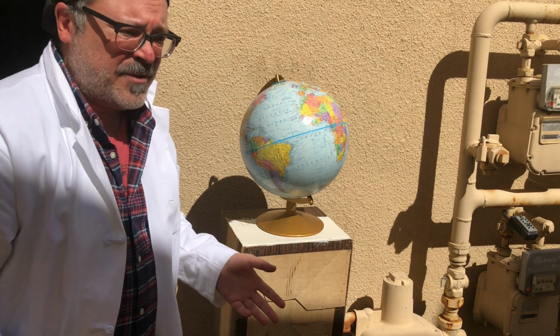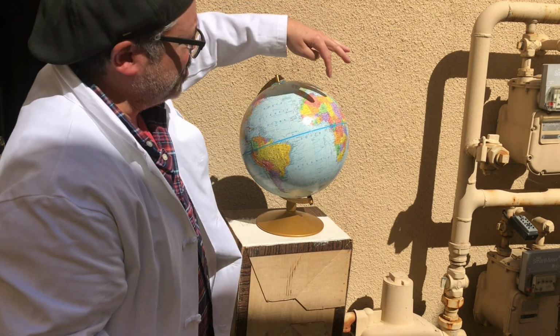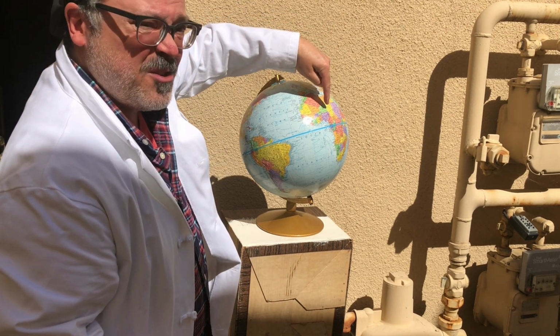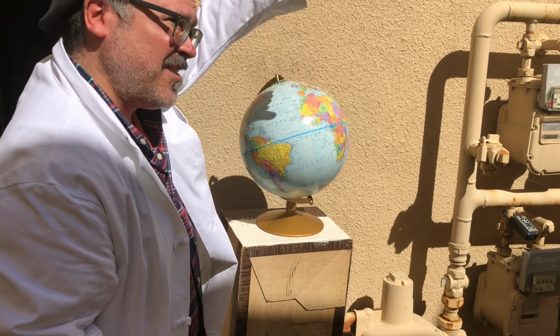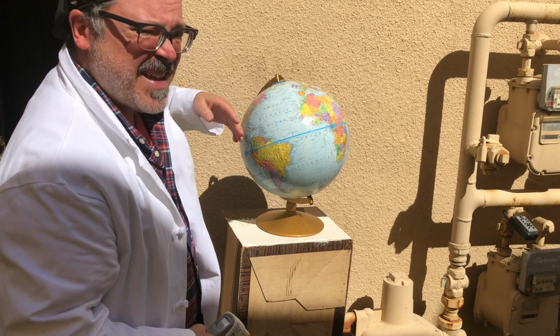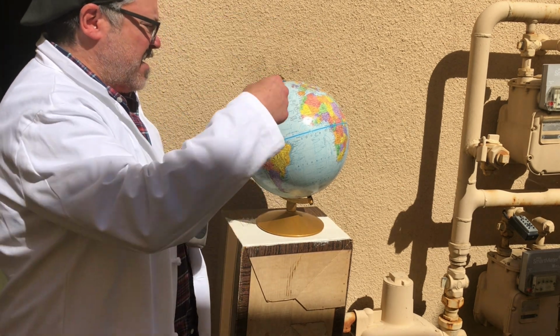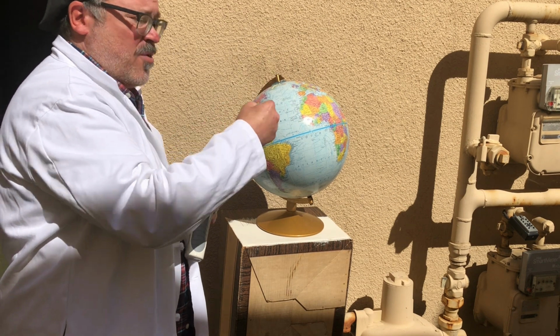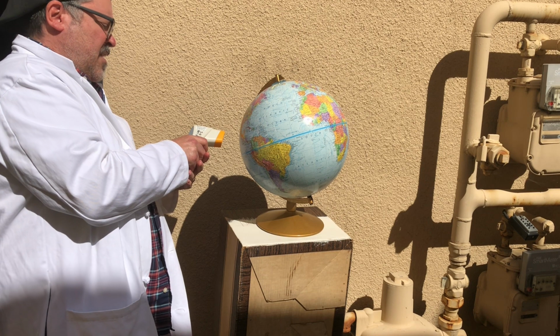This globe has been out now for about 3 minutes. So I'm going to take temperatures from the point most directly to the sun, and the areas where the sunlight is not hitting at a direct angle. This is direct, but here the light is coming down at what we might call in math an oblique angle. So, shadow side,